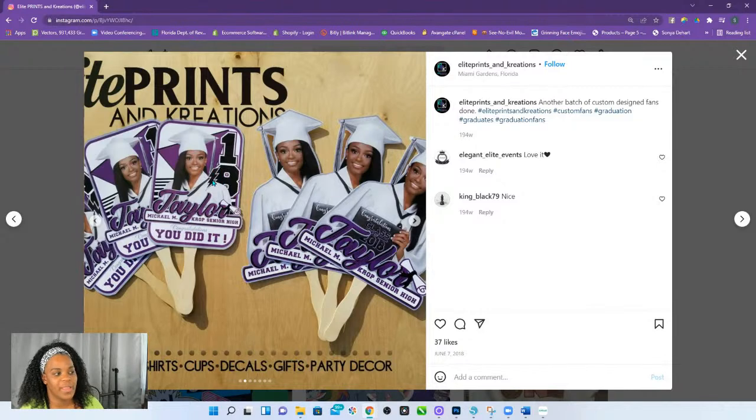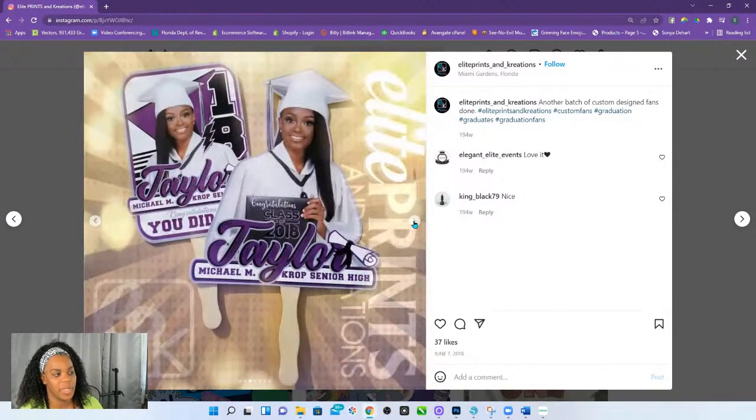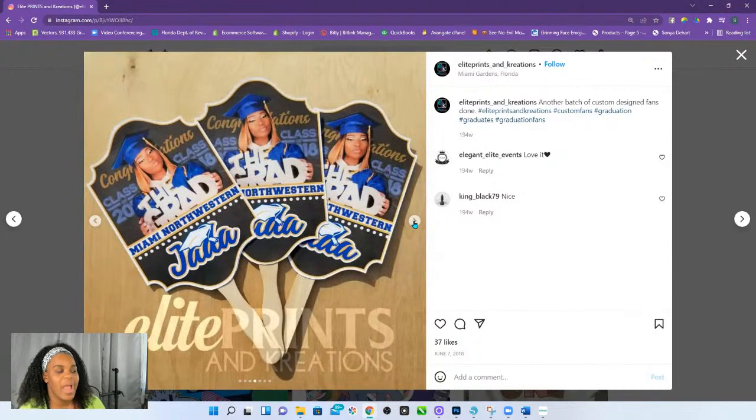The only reason why this was here is because I messed up on the tassel. That was it. Oh, there it is. You can see it up close. I guess it wasn't that bad in 2018. But if you see this one, I tried to make it where it was just her. And then I just added simple names to it.